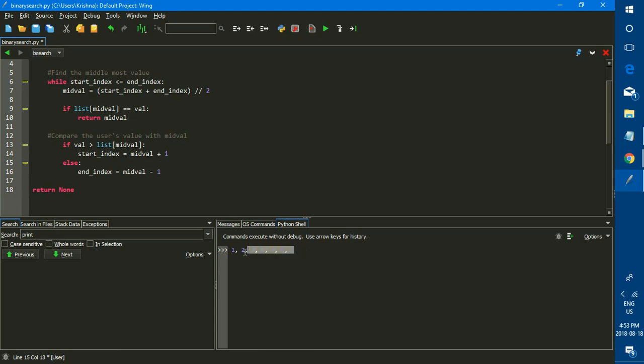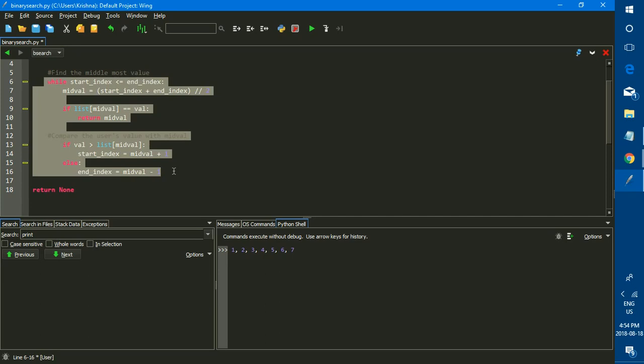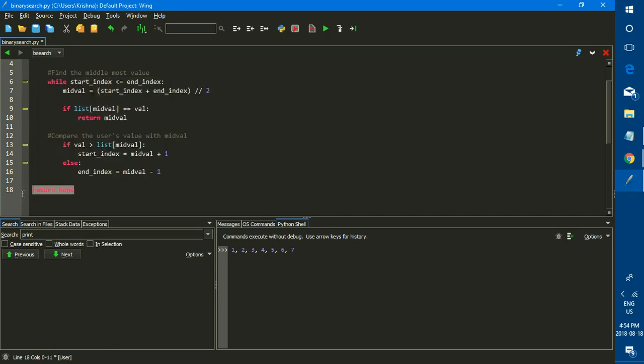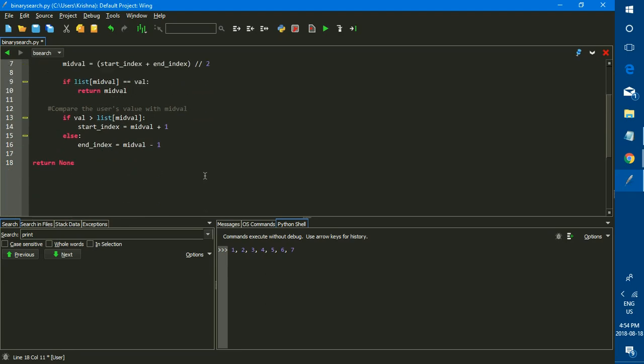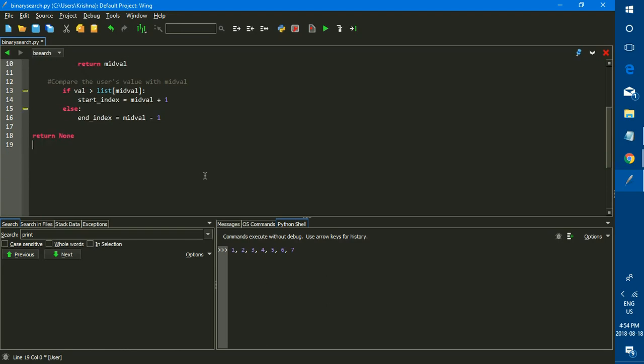So for example, if this was your list, your value would be something like 10. The computer would run this, and it would see that your value is not in the list, and it will go to this line and run this line, and it will return none. So that is the algorithm. The only thing left to do is initialize the list and call the function, call the algorithm. So we'll just have another comment here, initialize the list, and we'll set variable list equal to